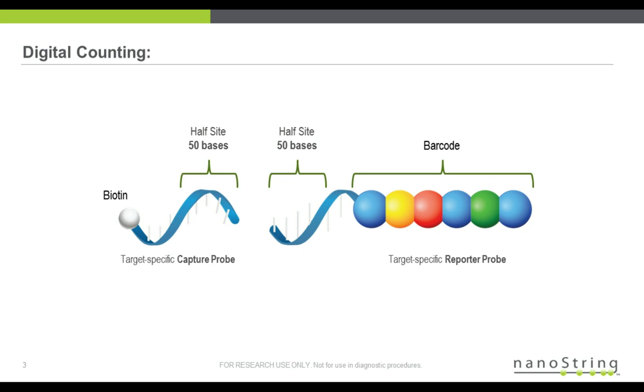It's going to be an automated microscope. It reads that barcode, and it determines the digital counts associated with either mRNAs or proteins. By just changing the color positions of those balls on the end of that small piece of 50 base pair nucleotide overhang, you can index into up to 800 different things.